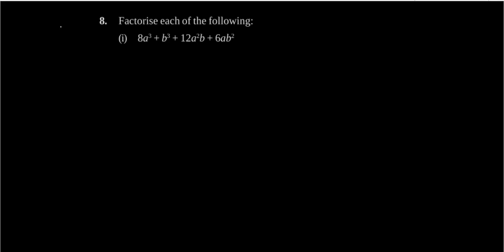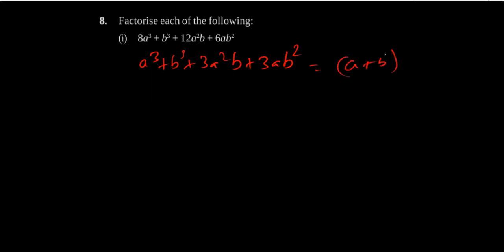Okay, it has two cubic terms, an a square b term and an a b square term. It is exactly matching with the identity a cube plus b cube plus 3a square b plus 3a b square, that is equal to a plus b the whole cube. So,